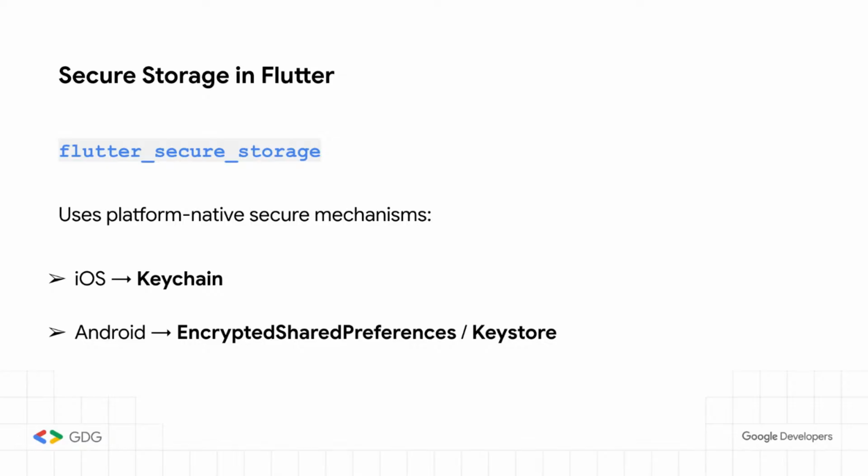So this is very important because variables or data like name and mobile number do not need to be encrypted and stored. So it is very important to understand the difference between sensitive data that needs to go in secure storage and other data that can be stored otherwise. And the reason for that is